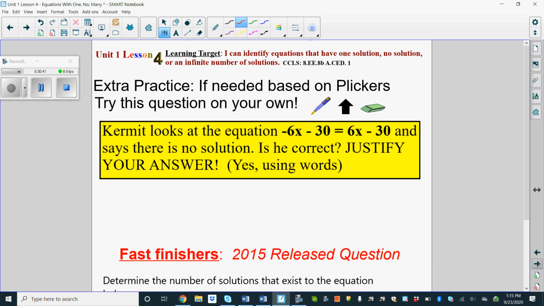We know no solution. Say to yourself, all right, if I'm looking at an equation, what does it mean to be no solution? That means that the x values would have to be the same. And in this case, are the x values the same? No. So therefore, Kermit is not correct. Kermit is not correct because